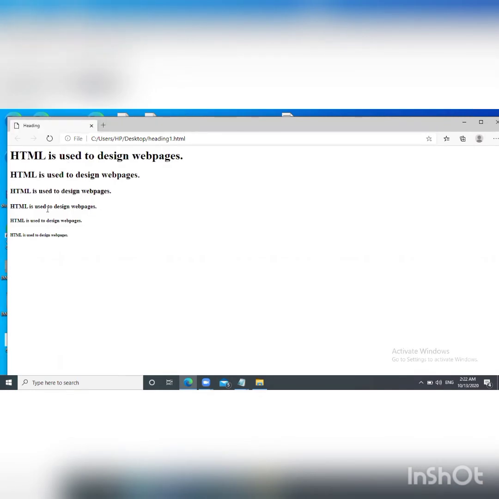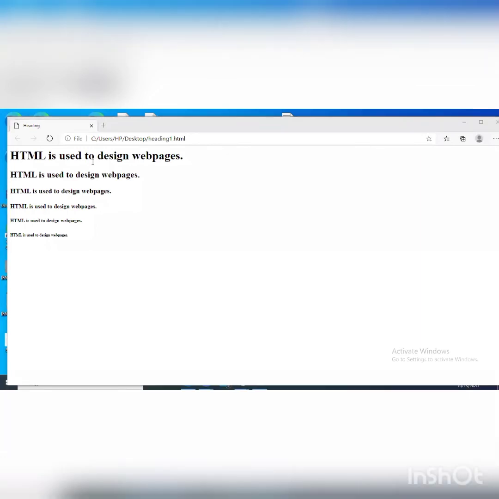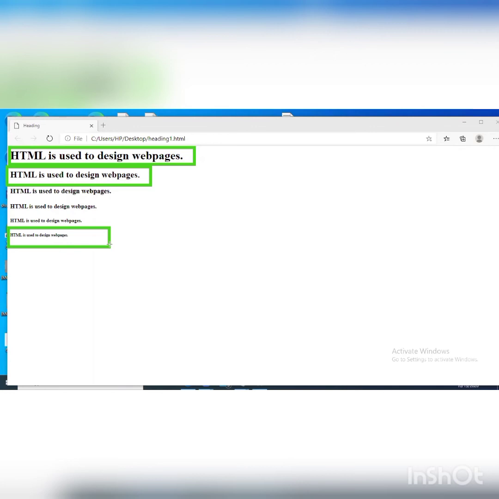And you can see this is the first heading and next one is the second heading, like that. This first line I have written under the H1 tag and the next one under the H2 tag, like that. H6, the last one, you can see is very small because it is the lowest level of heading.